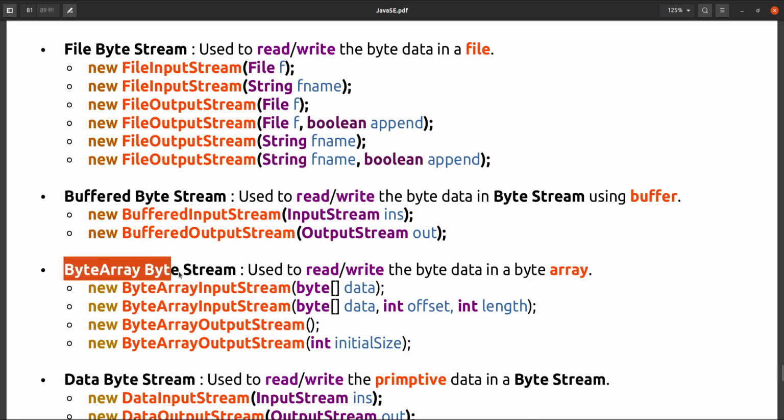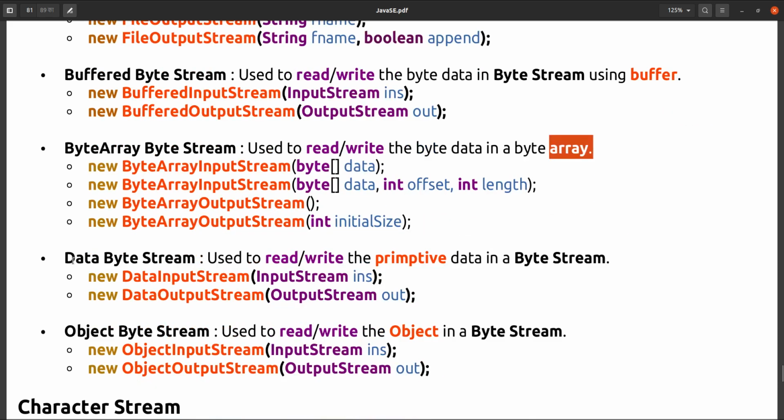And byte array stream can be used to do the read write operation for an array. In the same way, data byte stream can be used to read and write the primitive data in a byte stream. If it is primitive data, we have to use data byte stream. If it is an array, then we have to use byte array stream.